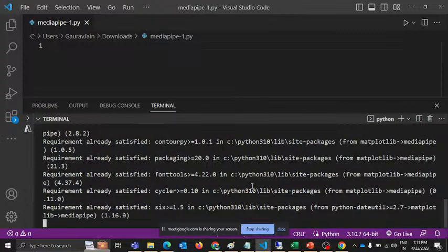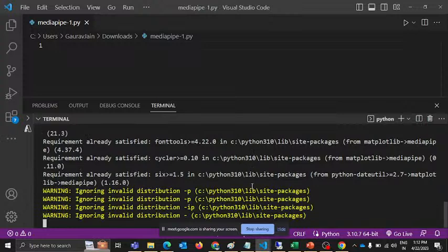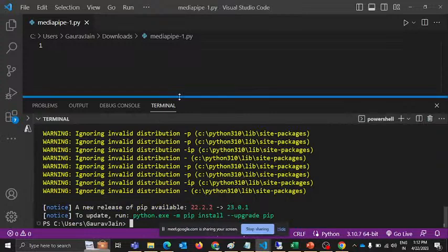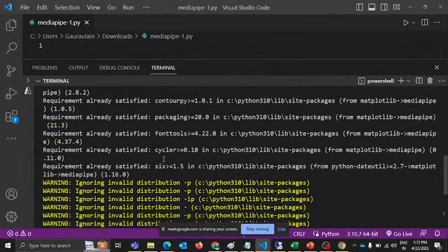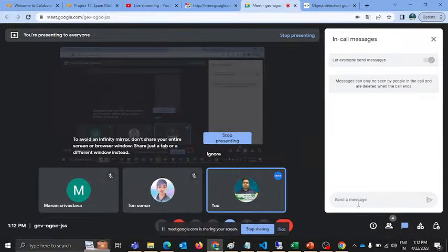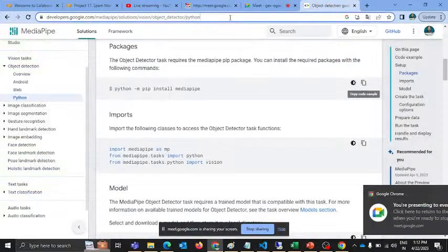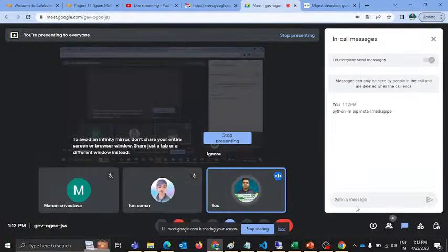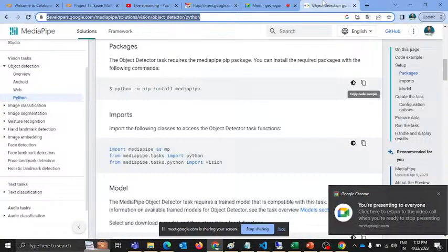Okay, so because this library is already present on my device, that is the reason I'm able to see this message on my command prompt which says requirement already satisfied. So for now, I'm sharing the command in the chat box, and you can install this library through your VS Code terminal on your device. And also I'm sharing the link to this web page in the chat box so that you can use it in case